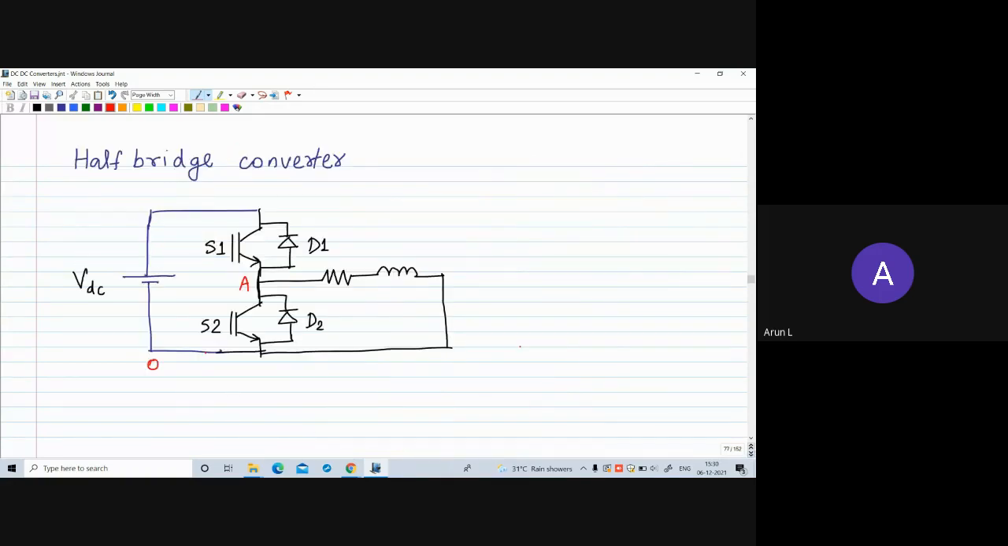In a half bridge converter, you have a DC link on one side, and on the load side you can have bidirectional current. But the voltage is positive, because what is the voltage of point A with respect to ground, with respect to this terminal O? There are two possible values. When switch S1 is on,